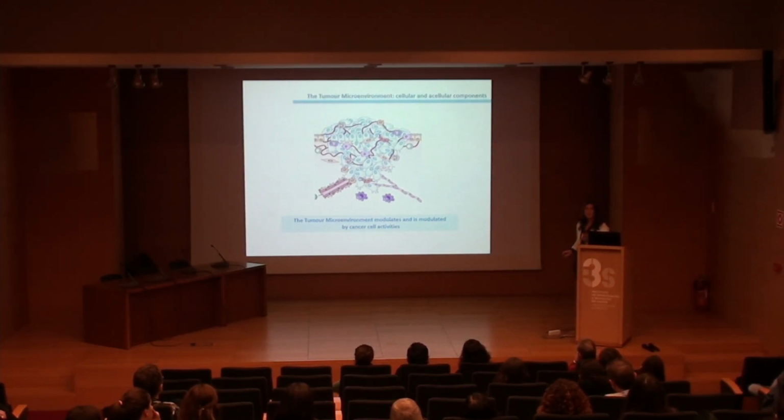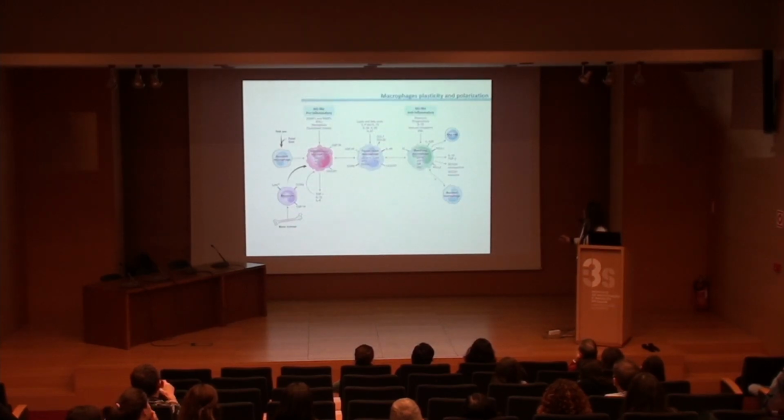Altogether, they comprise the tumor microenvironment, and it's very important because these cellular and acellular components regulate the activity of the cancer cells, but they are also regulated by the cancer cells themselves. From our work, we have been centered particularly on the role of an immune cell population, the macrophages. Although we are now also working with T regulatory cells and dendritic cells, part of our study has been made on this population of cells, particularly because these cells seem to play different roles